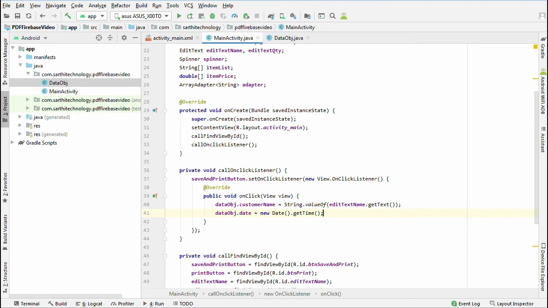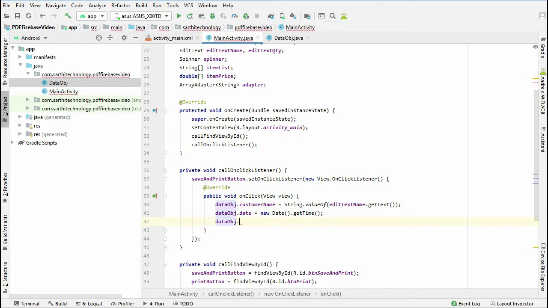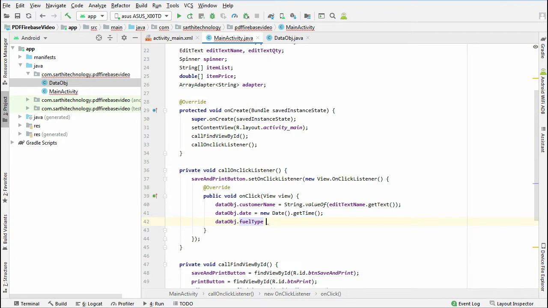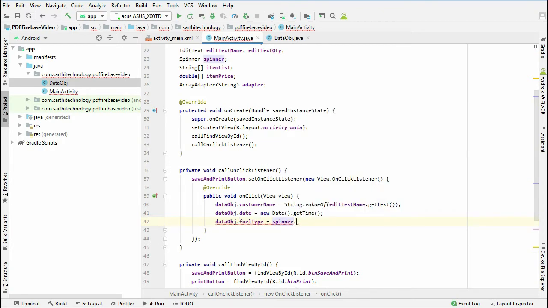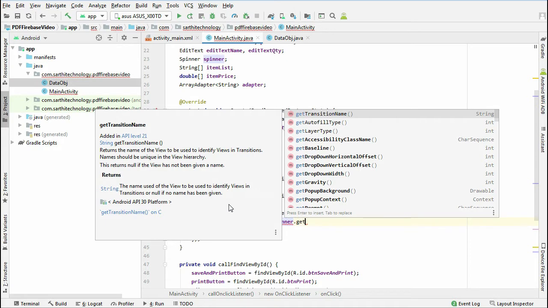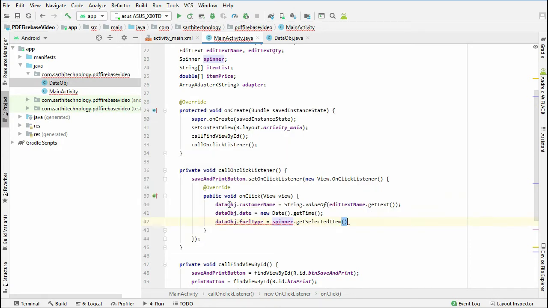The next is data obj dot fuel type equal to spinner dot get selected item dot to string.